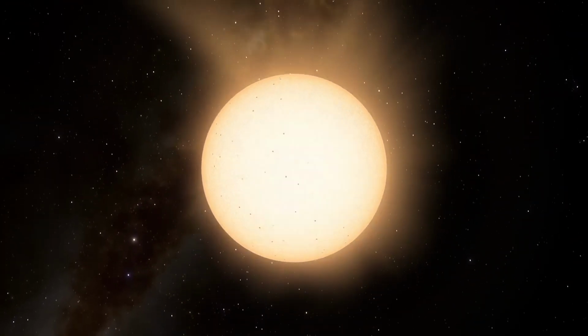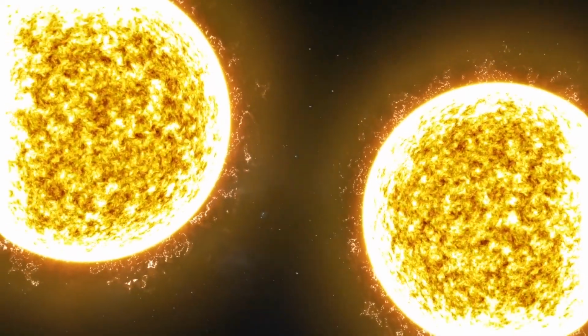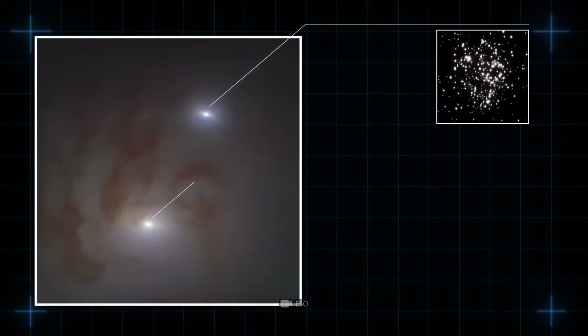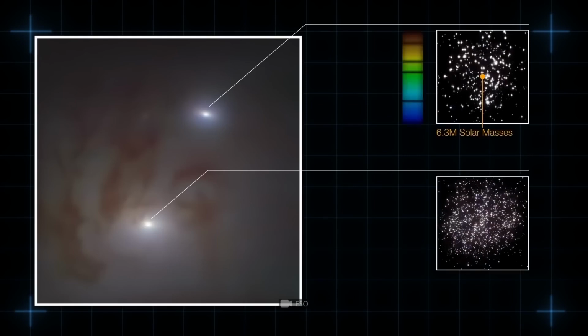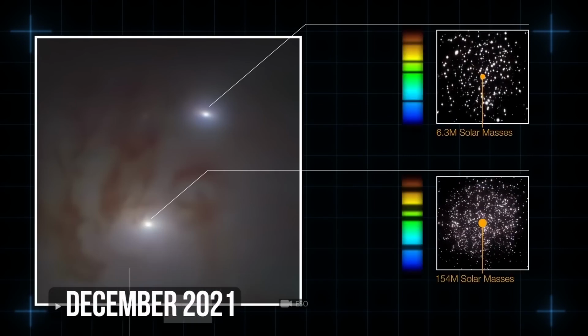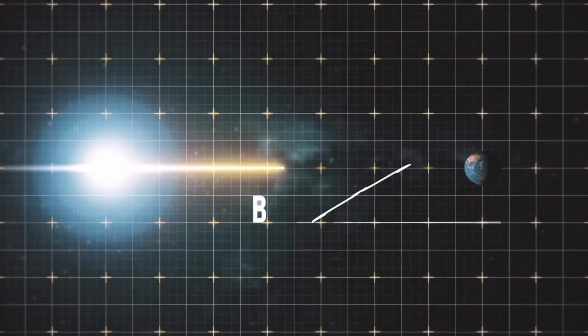160 million suns are colliding with one another in complete darkness. It sounds unbelievable, but there's no other way of describing this pair of supermassive black holes that astronomers discovered in December 2021. The fusion of these two monsters will take place at a record close distance from Earth, just 89